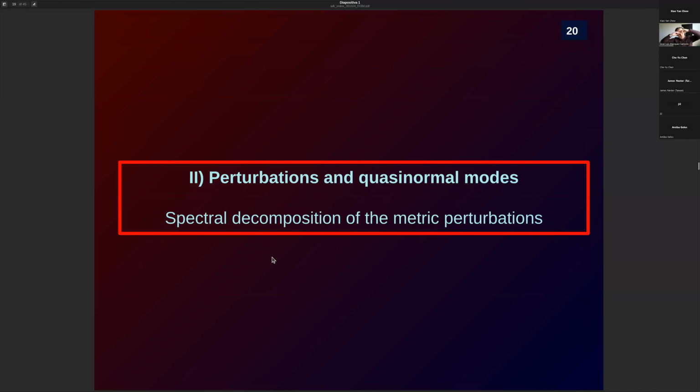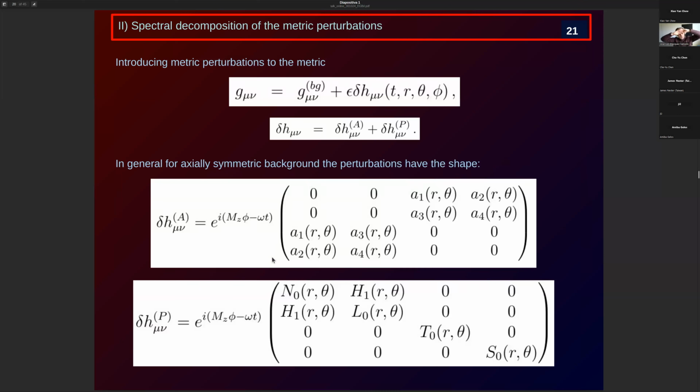This is a method that probably you all know. It's used in many areas of physics. It is maybe one of the standard methods to solve PDEs, right? In much more complicated settings than this one, I believe. So the idea is the following. You start, as always, with your background metric. In this case, imagine you have your rotating Einstein-Gauss-Bonnet-dilaton black hole, and you introduce some linear perturbation of this metric that in general is going to depend on all the variables. You are considering full perturbations. It depends on time, the radial coordinate, and the angular coordinates.